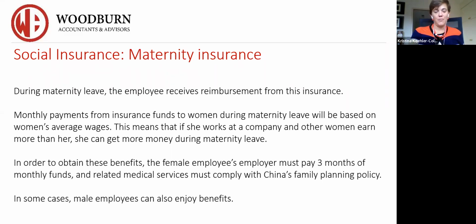Maternity insurance is something that is paid not only to women, but also to men. And during maternity leave or even paternity leave, the employee receives reimbursement from the insurance. Only employers, again, need to pay maternity insurance in China every single month. You get basically funding through the family planning policy, and obviously during your pregnancy and thereafter. So those are the 5